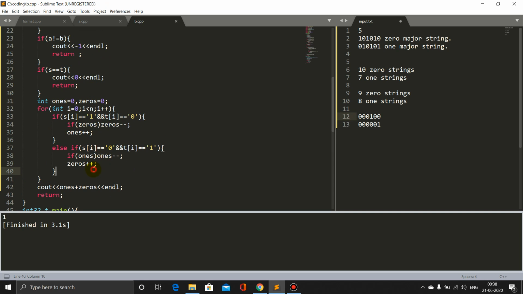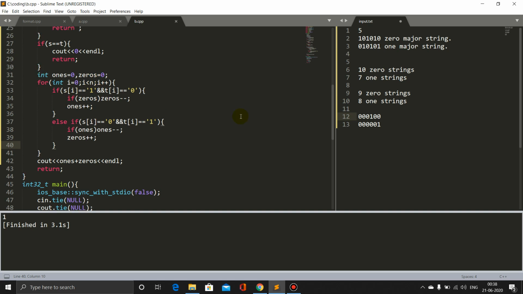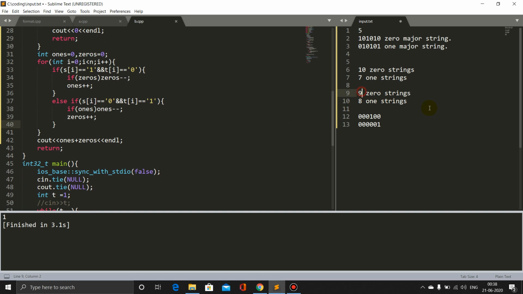Then we will repeat these same steps for all n bits, and at the end of the day we will get, let us suppose, x number of 0 strings and y number of 1 strings. Each one of these strings can be solved into the other string using only one step. So our final answer will be the number of 1 strings plus the number of 0 strings.